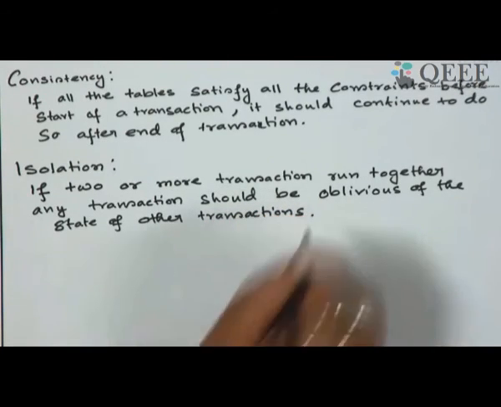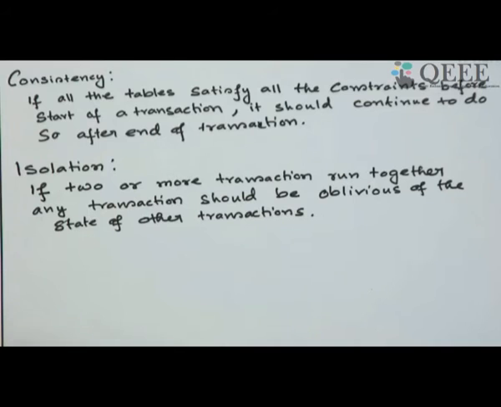That means when one transaction is doing some job, it need not care what the other transaction is doing. It is independent, in its own way. It goes on doing. It doesn't care what the other transaction does. And if in the process consistency is still maintained, then we say that these two transactions are isolated.